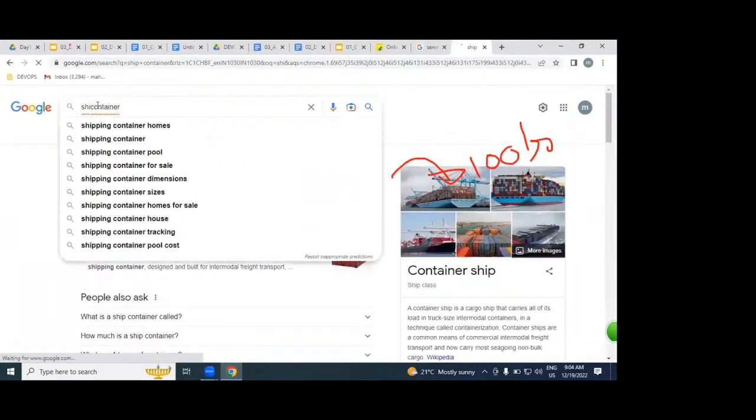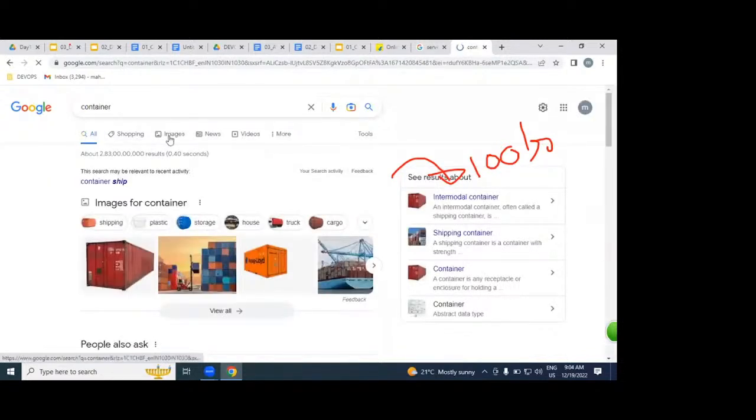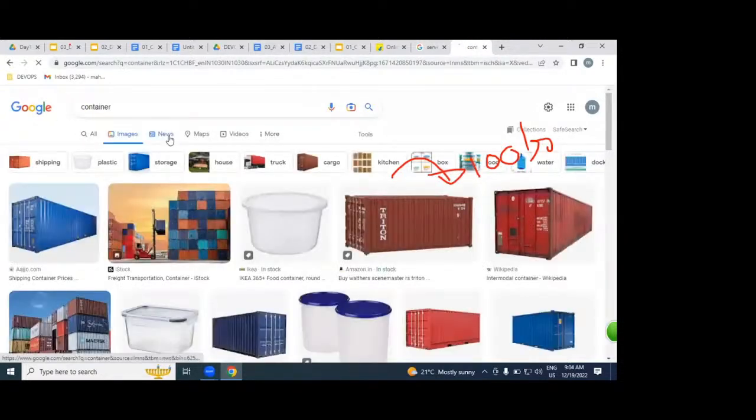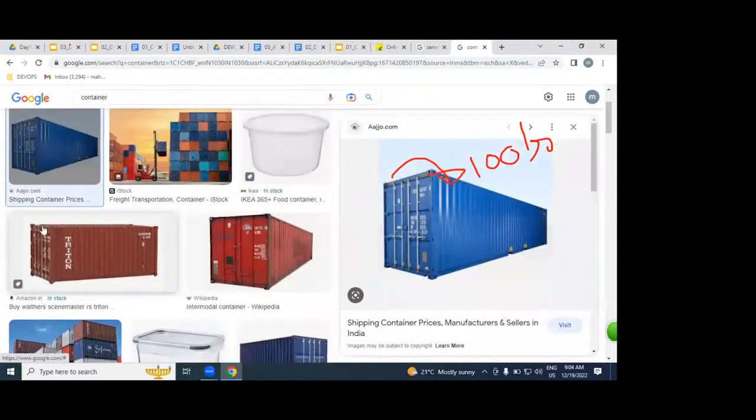A container. Have you seen this container in your lifetime? I think you would have seen this physically somewhere, on roads. You can see this type of containers. How exactly does this container work? Same for Docker containers also. By using this container, we can transport goods via sea. But by using our container, we can deploy our applications, meaning websites. That is the only difference. Otherwise it is the same.